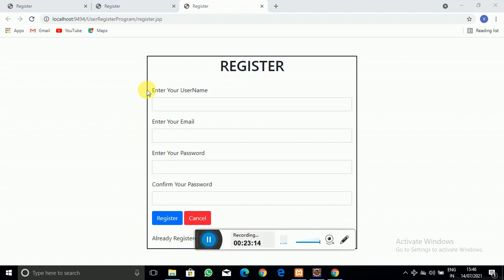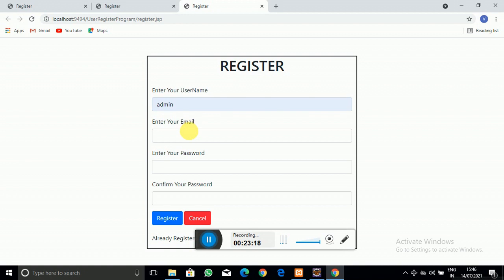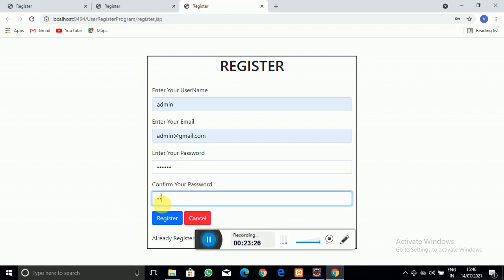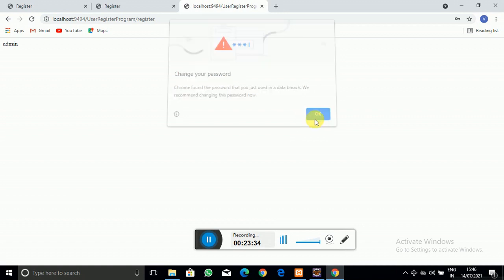Now I am going to add some simple data, as you can see here. Now I am going to register. Yes, as you can see, this servlet has run successfully.